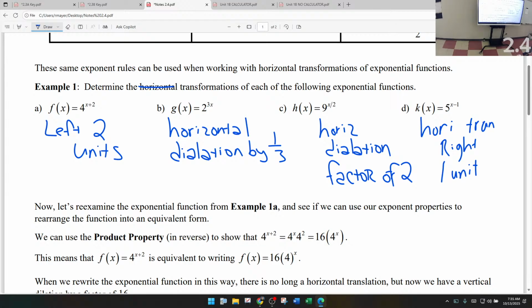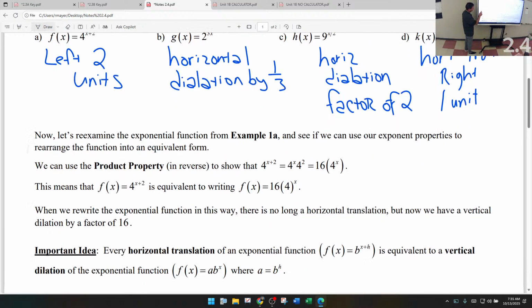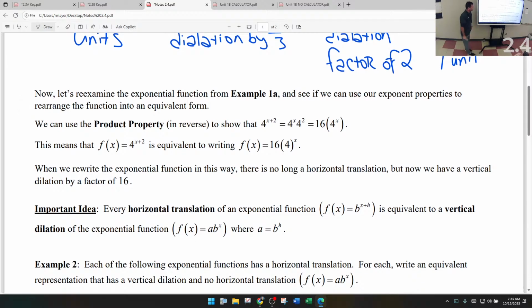Because when you dilate it by 1/3, instead of it just going up here, it shrinks it in a little bit, but you can't tell that a whole lot for exponentials because they grow up so fast anyway. Okay, beautiful. That's just the graph part. Okay, that's easy. Now let's re-examine the exponential functions in example 1a and see if we can use our exponent